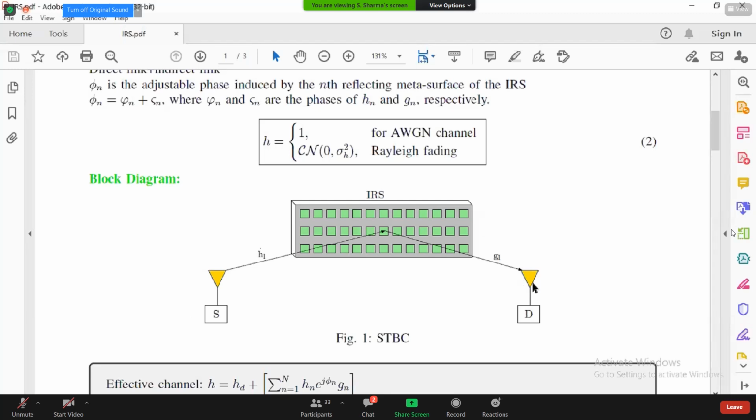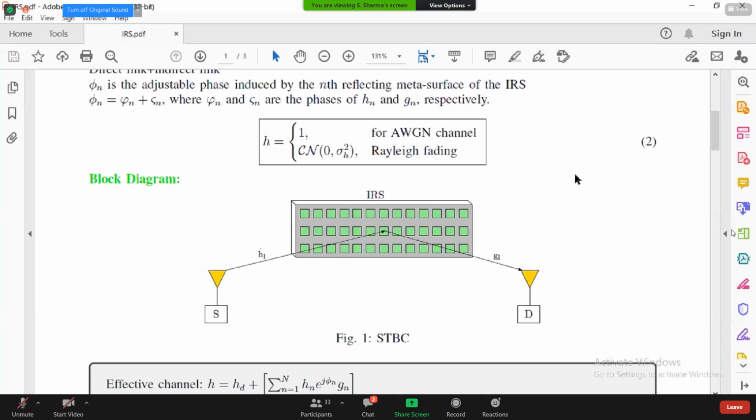Till now, from 1G to 5G, we have considered that the wireless channel we cannot control. We can control the transmitter design, we can control the receiver design, but the physical property of the channel we cannot control. But in the IRS scenario, people think that we can control the wireless channel if we put intelligent reflecting surfaces on some buildings. In such a communication environment, if you put IRS surfaces on buildings, you can change the channel property. These channel properties can be changed in a constructive manner or a destructive manner.